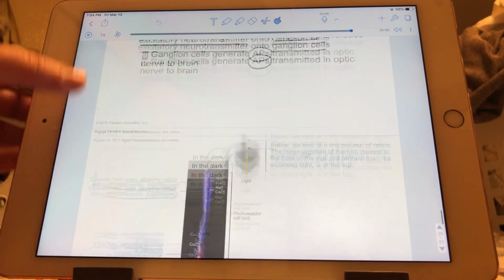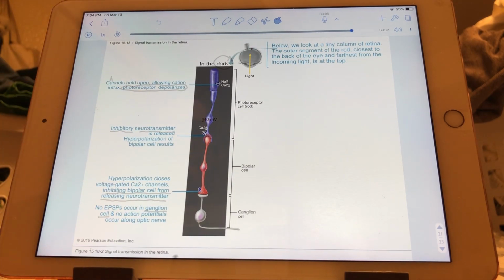Slide 21, please. All right, here we are in the dark, and photopigments are intact. In other words, opsin and cis retinol are combined. They have an affinity for each other, and they are therefore forcing, here's another typo that I'm only recognizing for the first time ever, channels. They're holding cation channels open. Okay? Those cations, therefore, are going to flow into the photoreceptor and depolarize that photoreceptor.